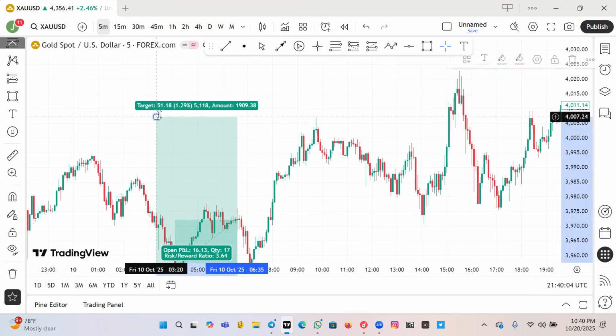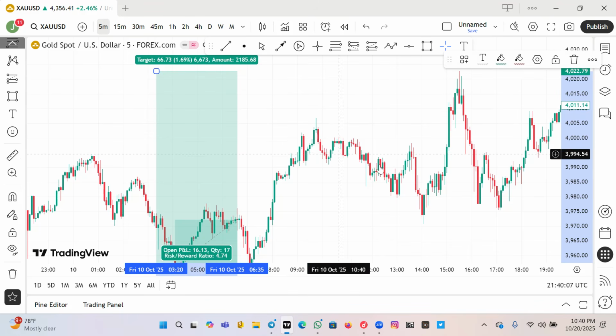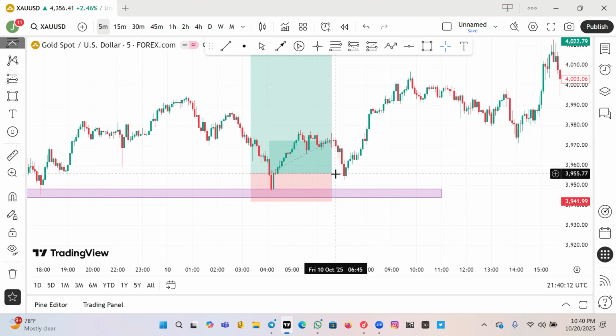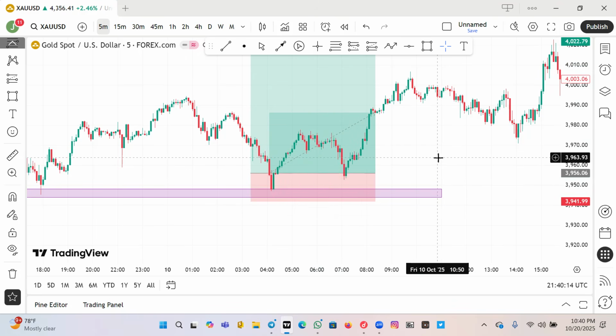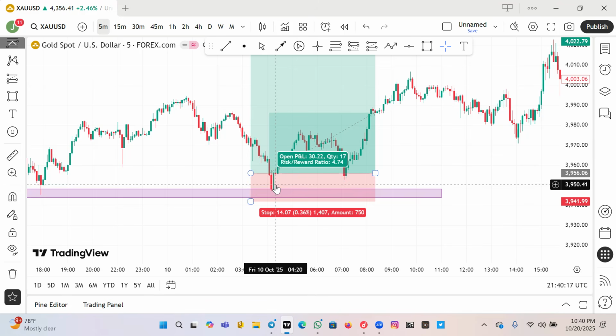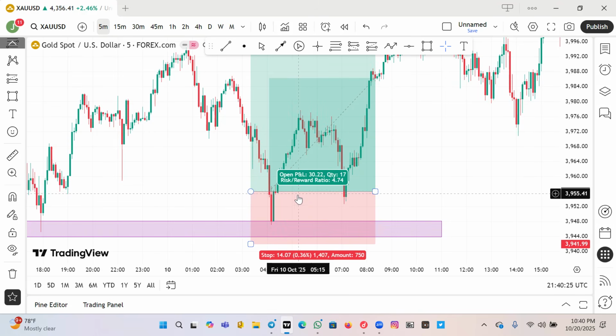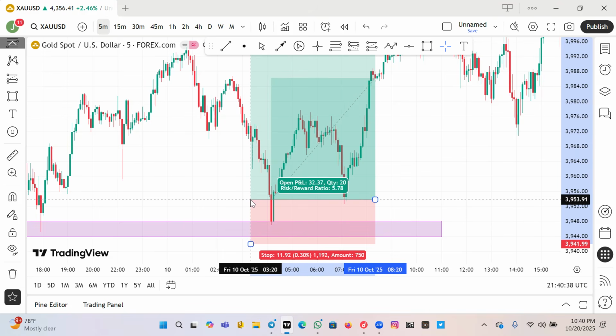Now how many risks to reward have I gotten? More than 4 risks to reward. But there is something I always teach my mentees. I always tell them that whenever you see an engulfed candle form, a long engulfed candle on 5 minutes time frame, the best thing to do is to wait for the market to cover. After the market has formed an engulfed candle, you can enter, or you wait for the market to come back and retrace to 25% of the engulfed candle or 50% of the engulfed candle,